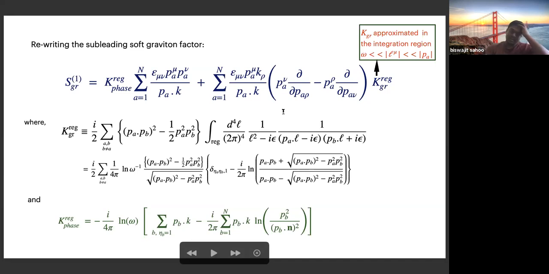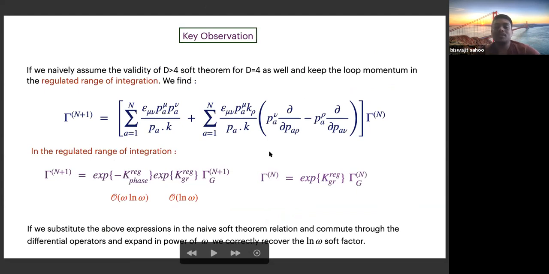So what I want to mention is that this KGR regulated is the eikonal factor when the loop momentum is greater than omega, and this K phase is the same eikonal factor when the loop momentum is smaller than omega. So what this is suggesting is, if you naively assume that the tree level soft theorem is valid even at loop level, or the d greater than 4 soft theorem is valid even in d equal to 4,